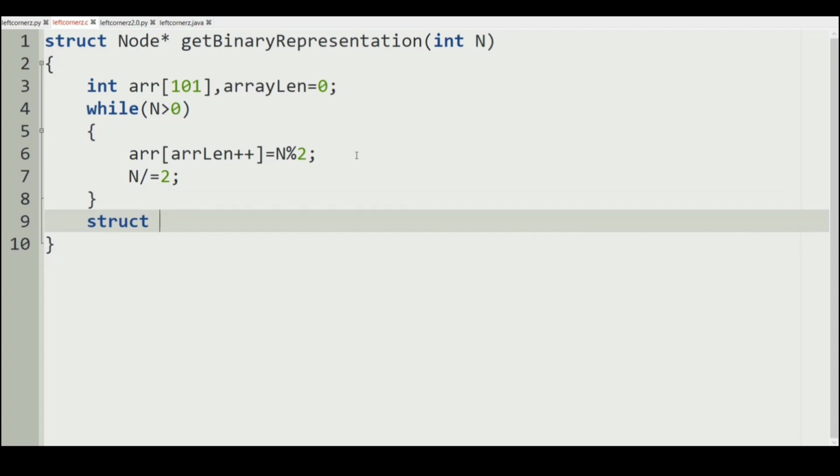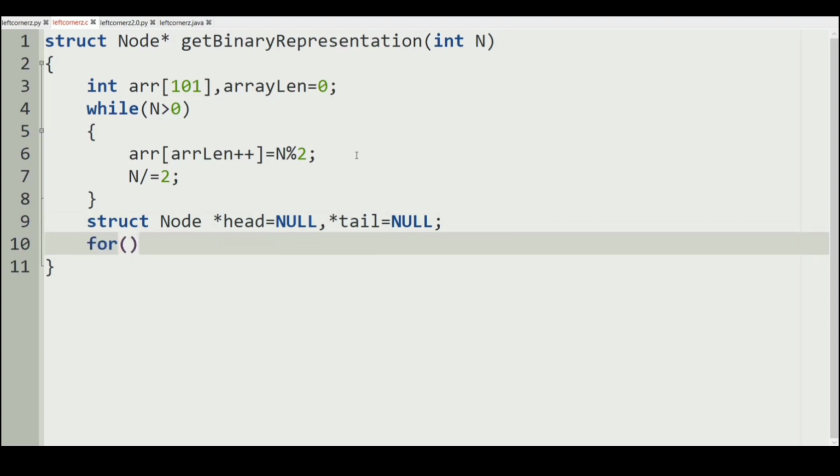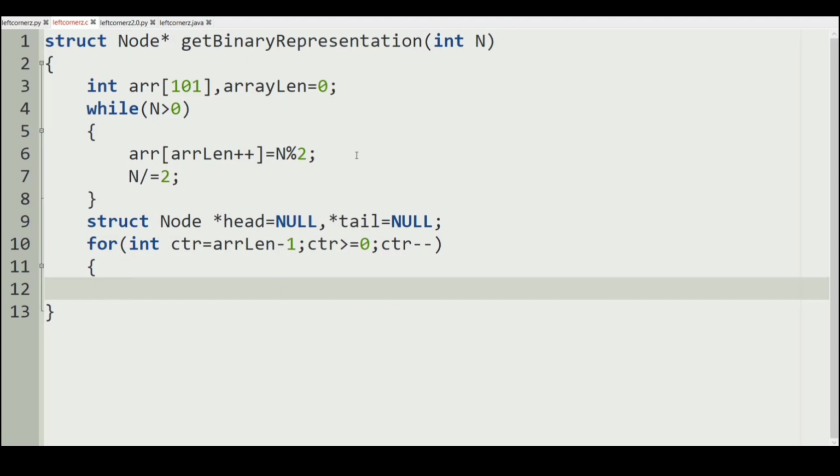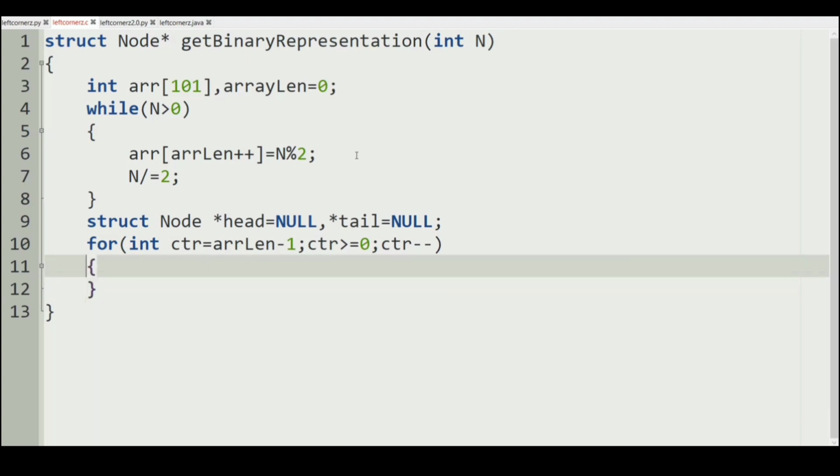and then after this while loop we are going to have the struct node, and here we'll have the asterisk head equal to null, and the tail, that is asterisk tail, will be equal to null, and here we'll have a for loop inside which we are going to iterate from the arrayLen - 1 to 0 in the reverse side, that is from the back,